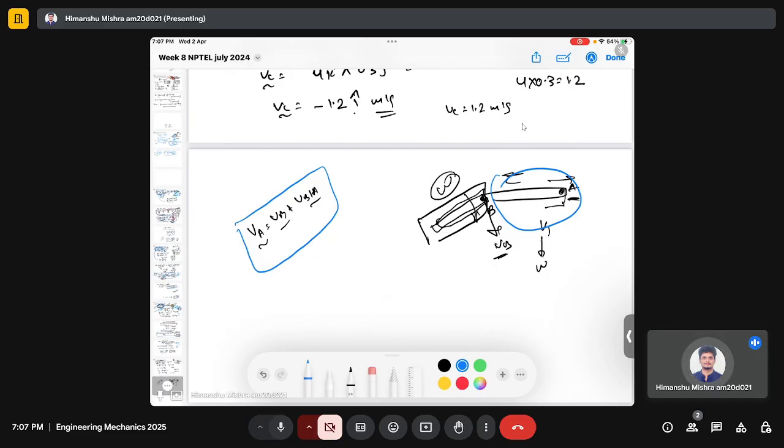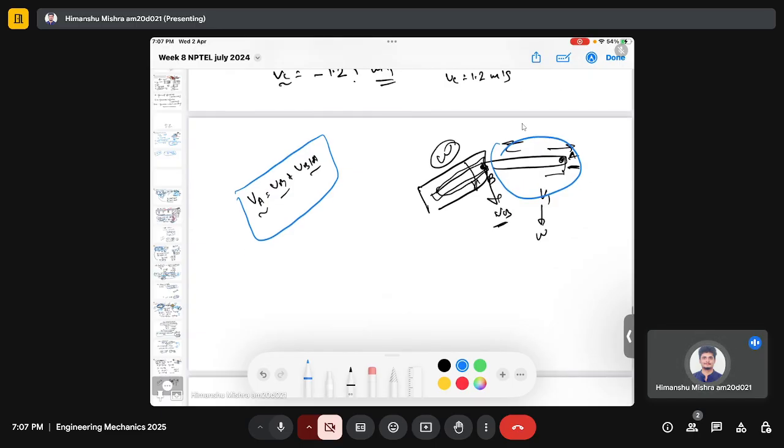So we will solve a few more problems based on that, and then we will look at the concept of instantaneous center, where using geometrical properties we can arrive at the answer, or we can use this equation. So we will be using the geometric property as well as this equation to find the required answer, and then we will move to the next topic where we will try to analyze the velocity of a point using a relation similar to this, but we will be analyzing the motion in the